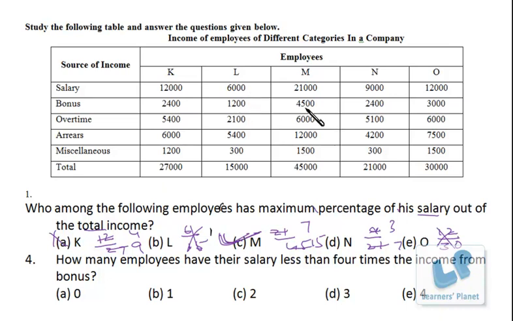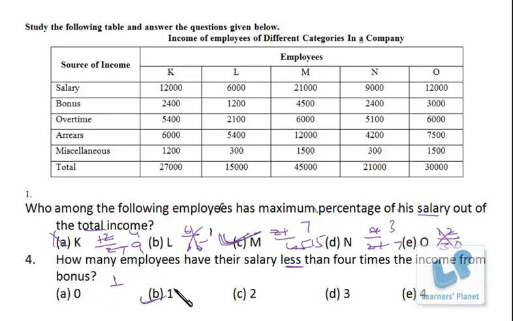Then 45 into 4, that is 180, even it will not be there. 24 fours are 96, it is less than 9600. So we have one category. Then 3 fours are 12, so it's equal. That means the 4 times of bonus is equal to salary, but we are asked about less, right? So even it won't be the correct choice. So only a single category, that is category N, is having the salary less than 4 times the income from